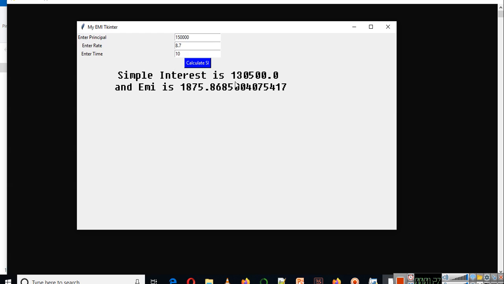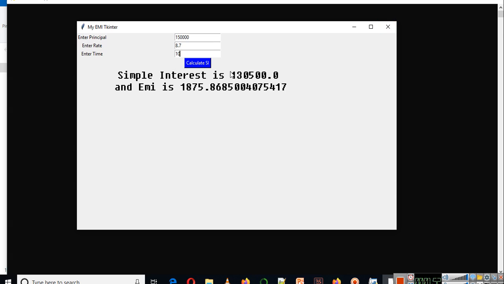Simple interest is 1,30,500 and the EMI is 1,875.86. So this EMI is calculated using the compound interest formula, and this is the simple interest here.